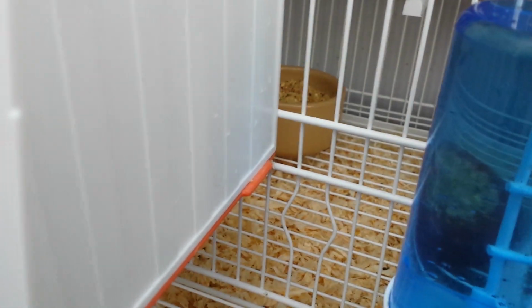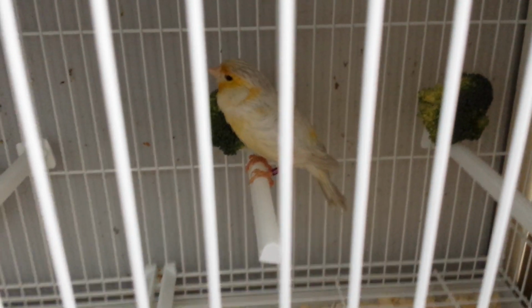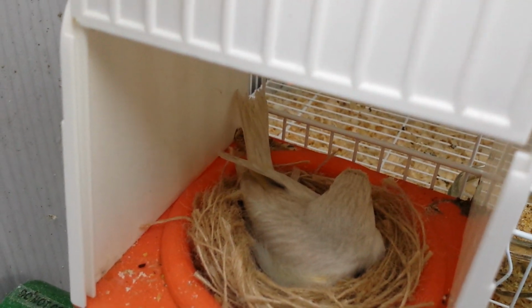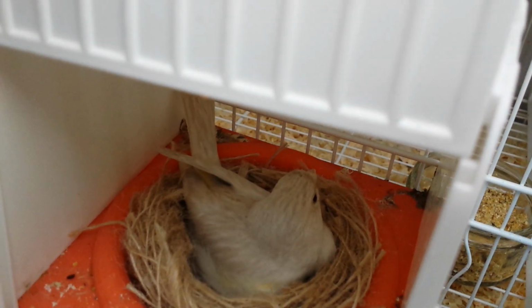So that's pretty good. Here I got my white yellow face mosaic. The male, very pretty, and his female is just in the nest. She got 4 eggs as well. This is her second round. I got the first round, I got 4 babies as well, and I all sold as well, which this year